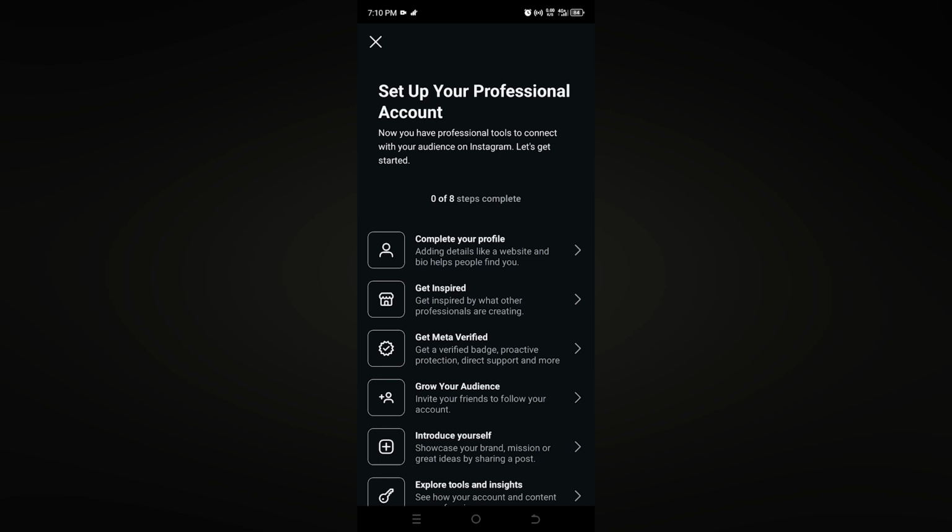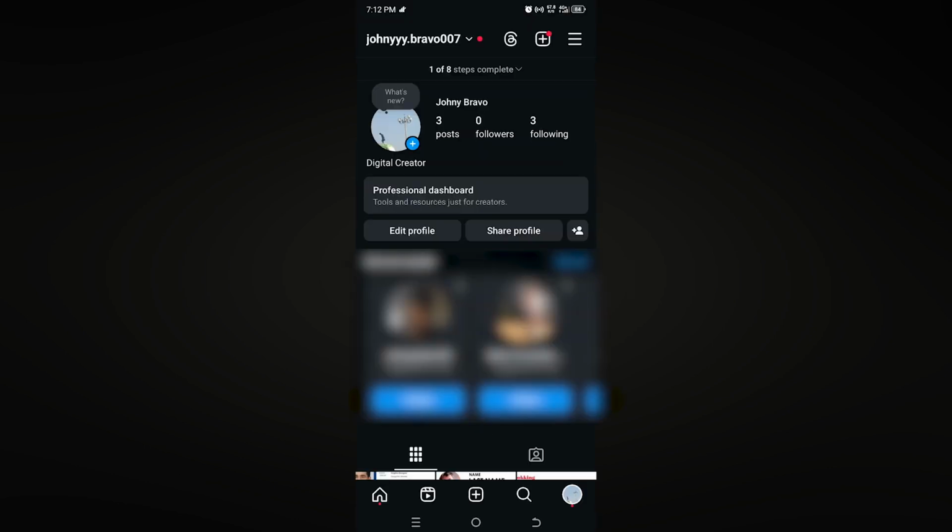So I'm gonna fill up the detail really quickly. Alright, so after filling up the necessary detail, now you can see that I'm back into my Instagram profile, and you can see the option of the professional dashboard, which simply means that you have successfully switched your Instagram account into the creators account. So this is how we can switch our Instagram account to the